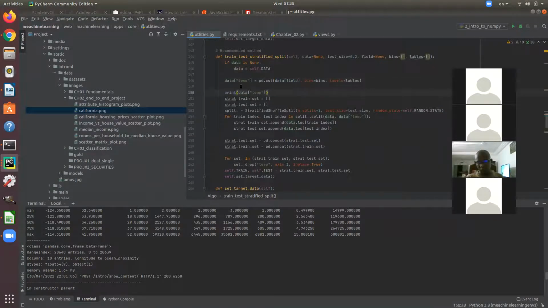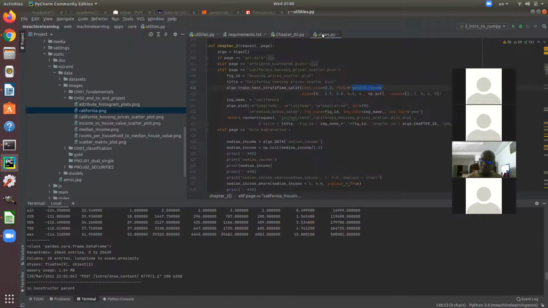So the temp column is going to be a new column in the same data frame, but based on this column. I said, take this column and make me a new temporary variable, because I'm going to use it and then remove it later on. And I tell it to break it according to those bins. What do I mean by bins? If you look here, I transfer those bins. What this means,